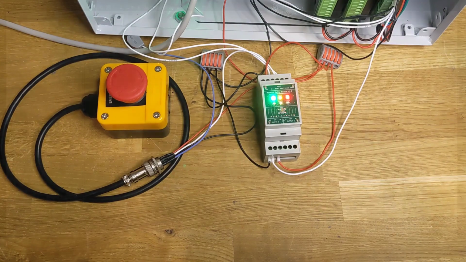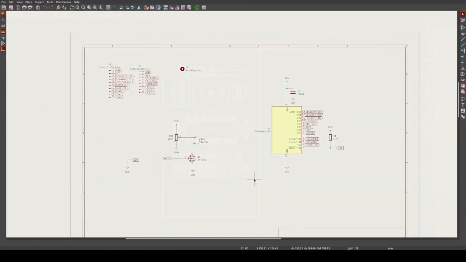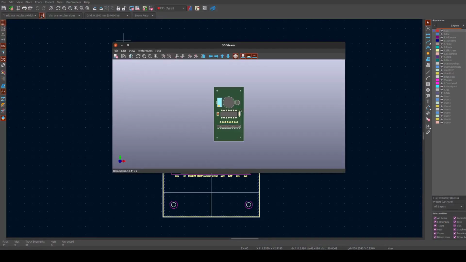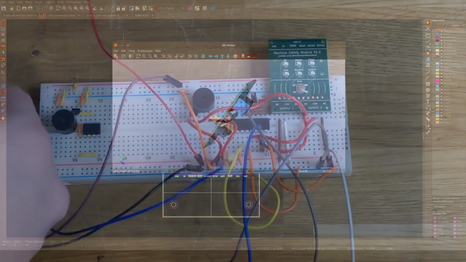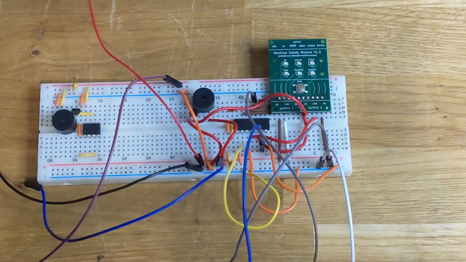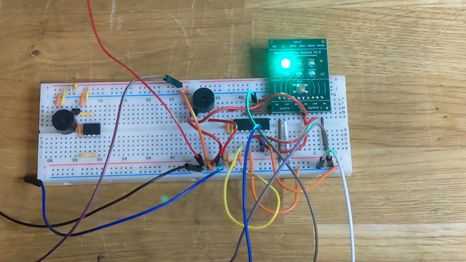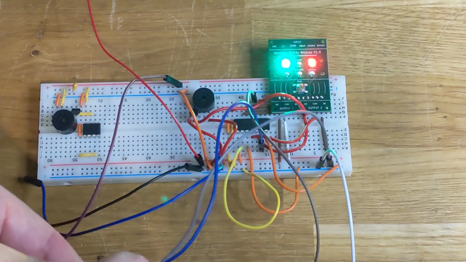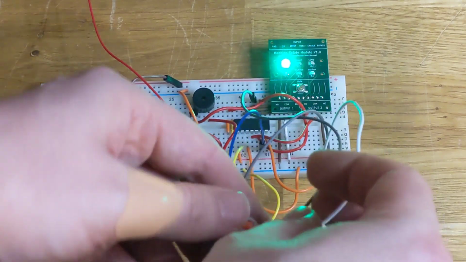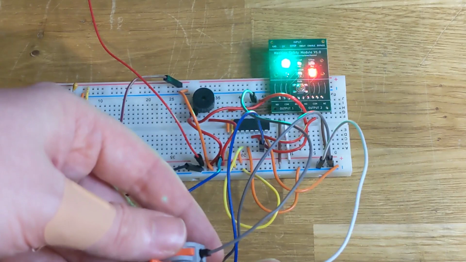However, my inner perfectionist won't let me live with that, so I redesigned the middle board to handle every input and every LED with an ATtiny84 microcontroller. This also lets me do a few more interesting things, like having a splash sequence and startup tune, playing different tones for e-stop and lockout, or even,